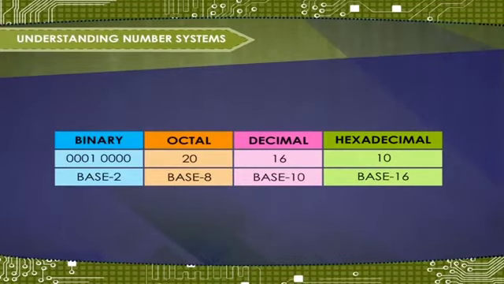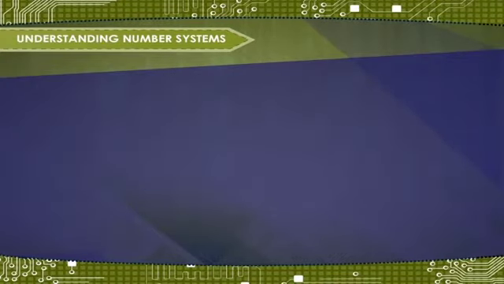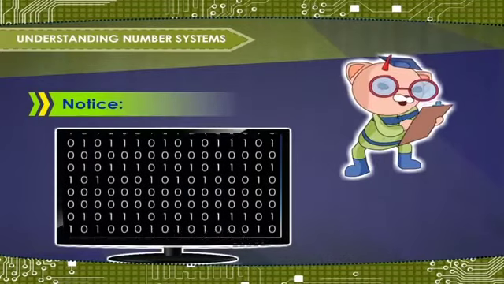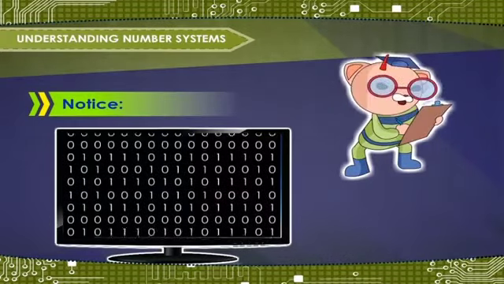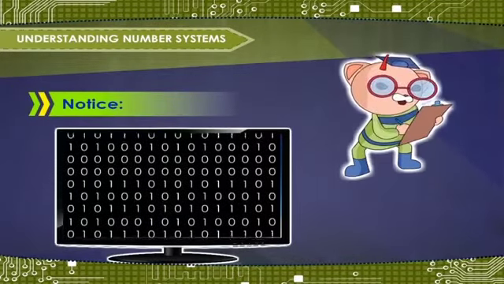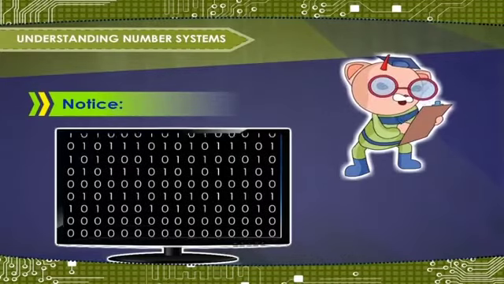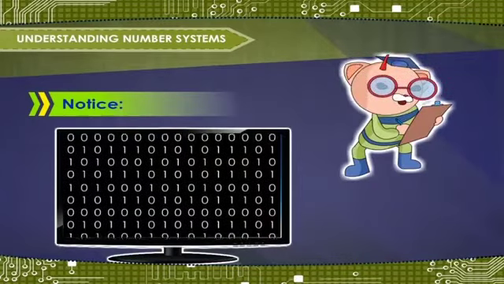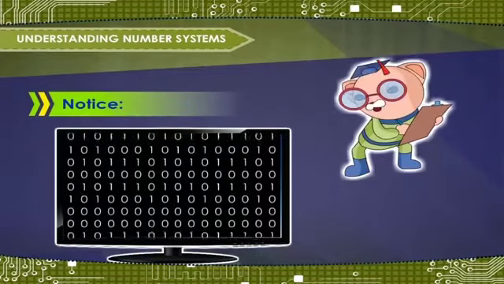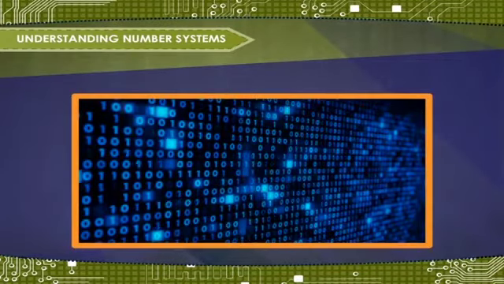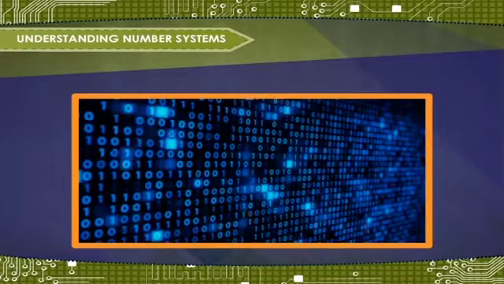Analyze these numbers using the relationship between digit, base, and position. Notice that a binary 10 is the same as a decimal 2, that an octal 10 is the same as a decimal 8, and that a hexadecimal 10 is the same as a decimal 16. Each hexadecimal digit has a corresponding 4 bits in the binary system. Each octal digit has a corresponding 3 bits in the binary system.